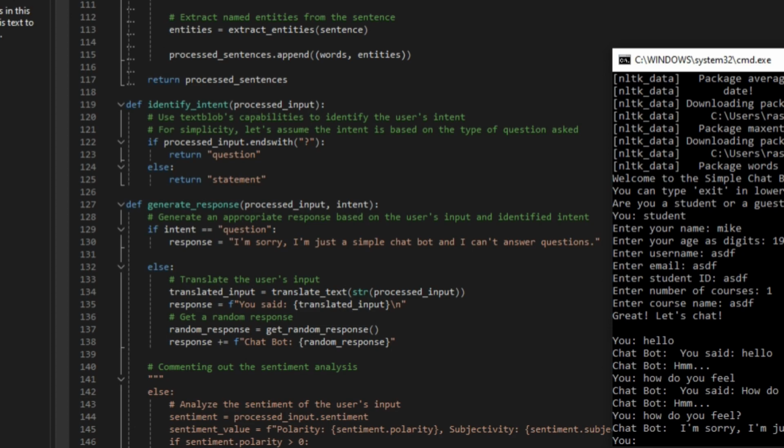TextBlob says, sorry, I'm just a simple chatbot, whereas NLTK generates the random response. So you've got 2 different cases, and it depends on which section of code is being initiated by NLTK or TextBlob. And that's something you can very easily work around,